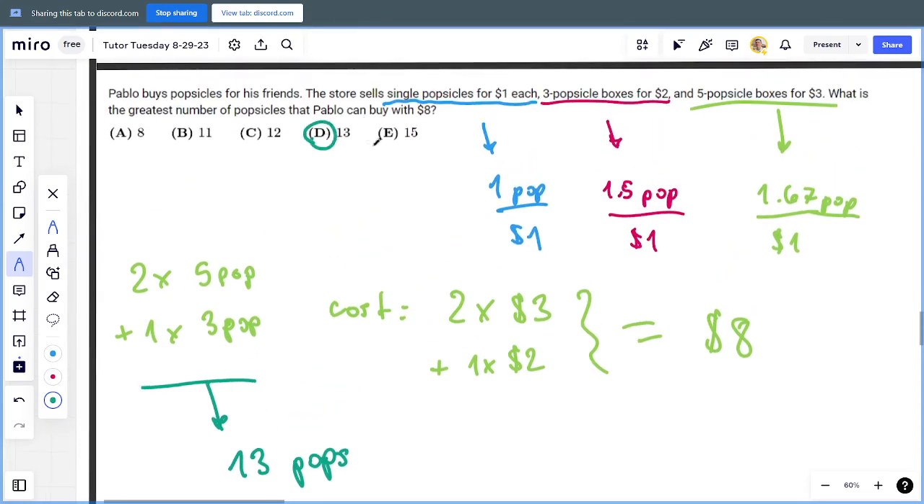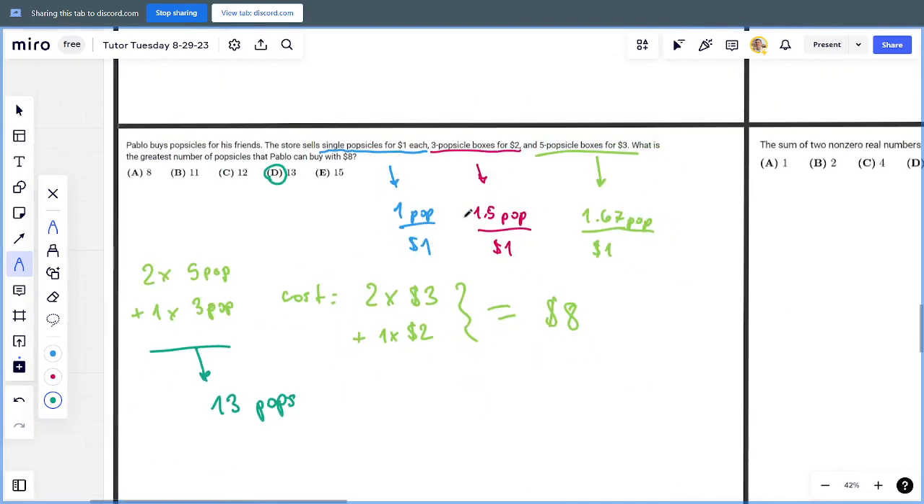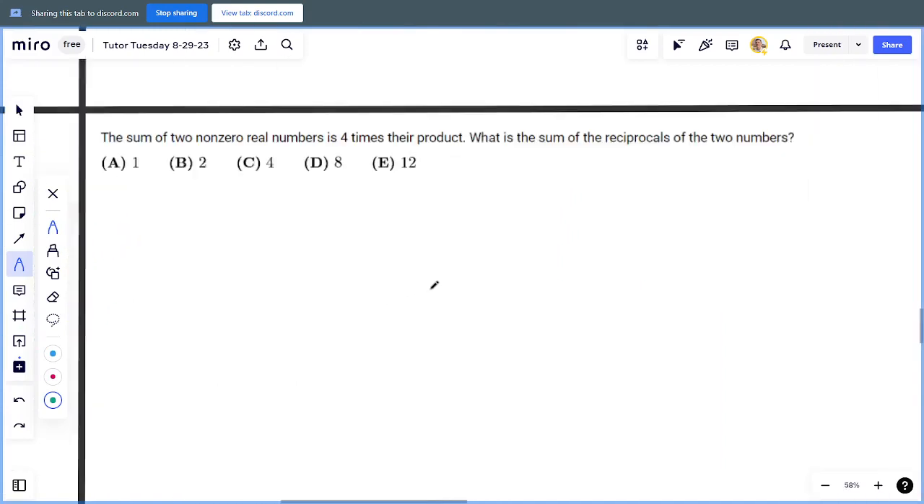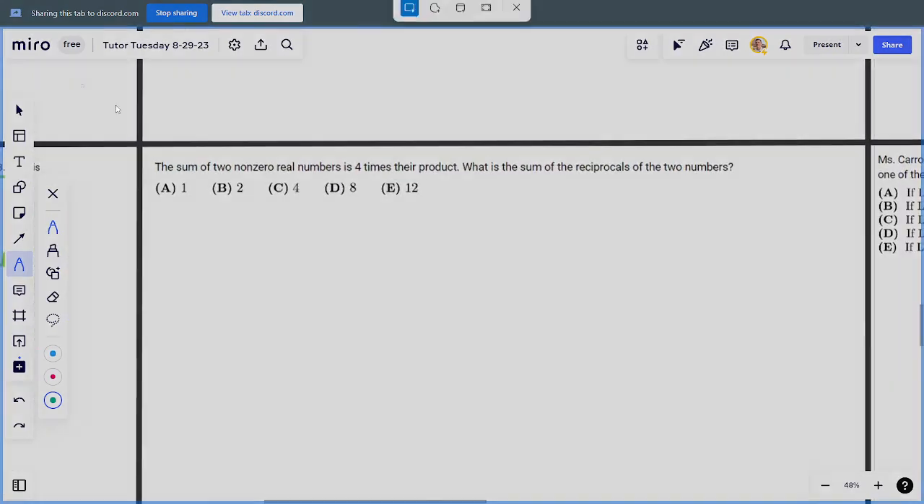I think that was a very easy problem to start us off. And everyone who said D was correct. Actually, a lot of people said D. That's good. This one's a little bit more fun. I bet someone's gonna get it right away, but